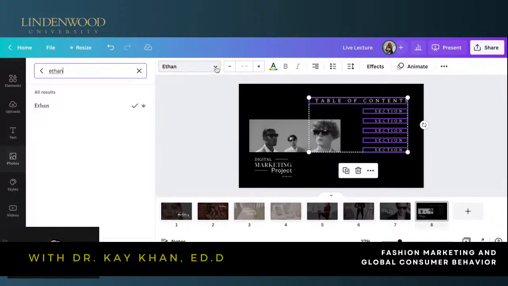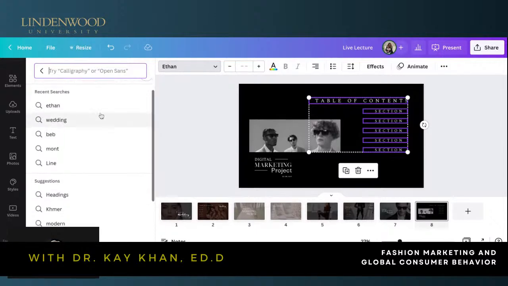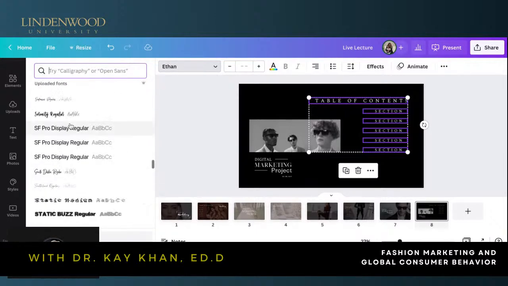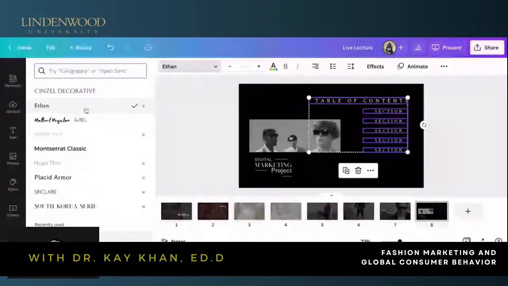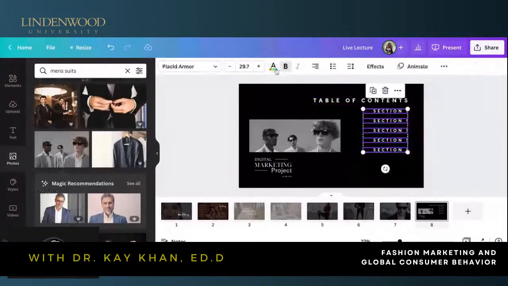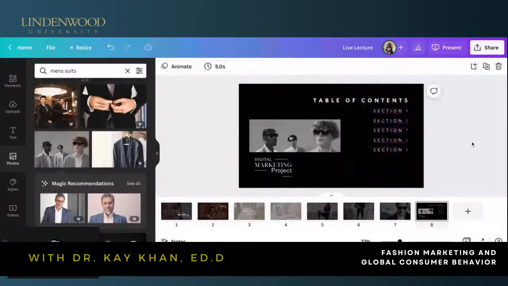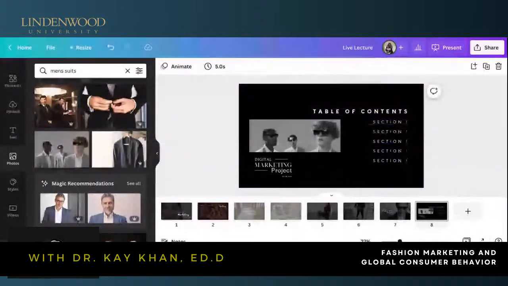So I'm not liking what that looks like. Okay, so let's see what we have. Yeah, that's better. And then I'm going to go ahead and take the bold off, and then grab these down so that it's kind of sitting like that.